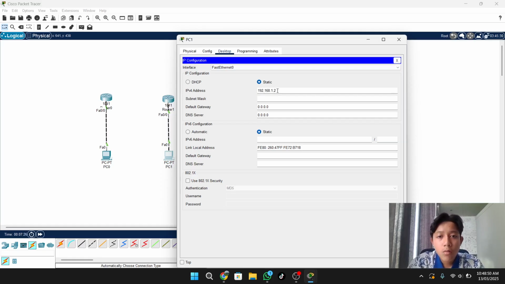For example I use 1.2, and the subnet mask is the same, and the default gateway is the same, the router IP.